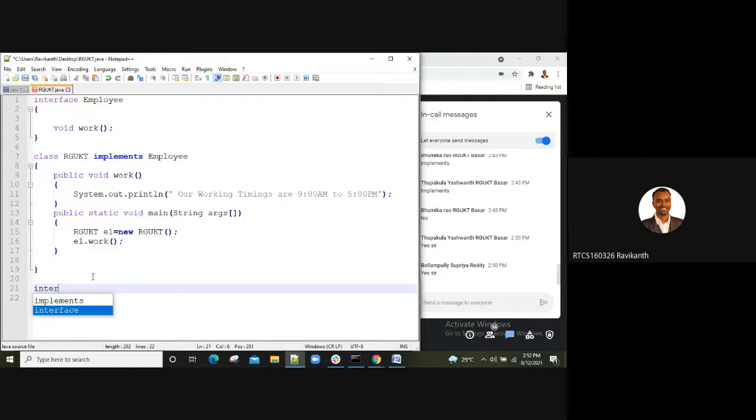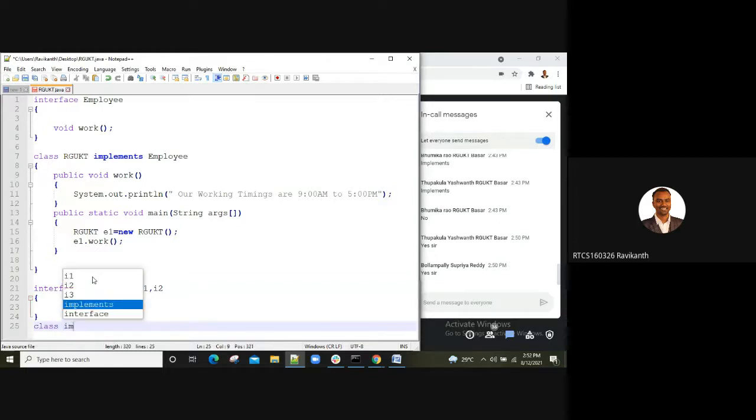Just like this: interface i3 extends i1, i2. And later on I can write in a class, some class name.